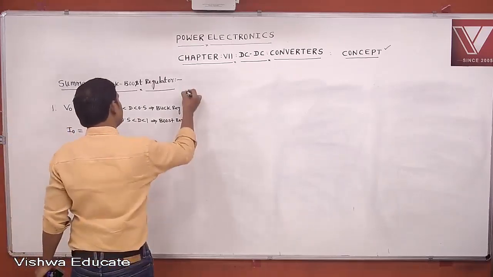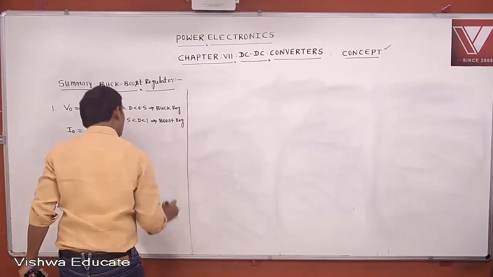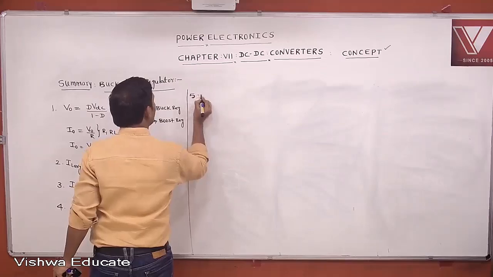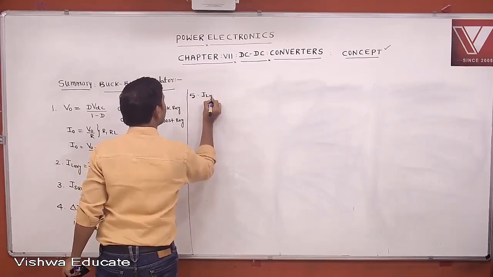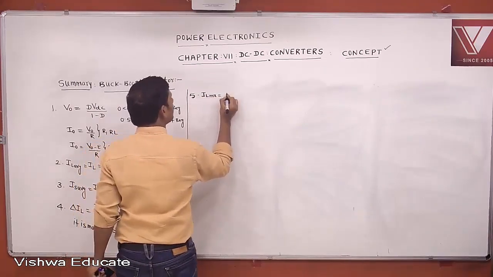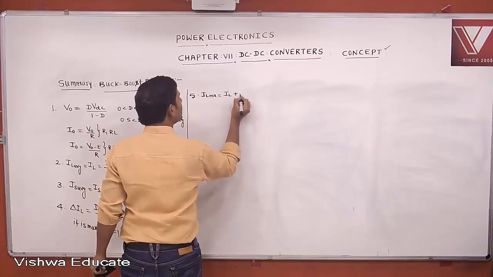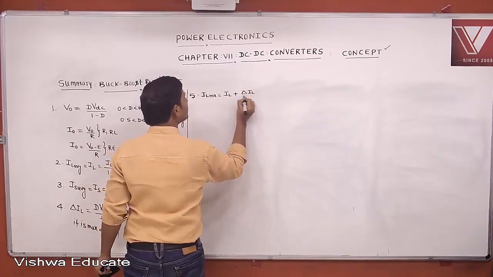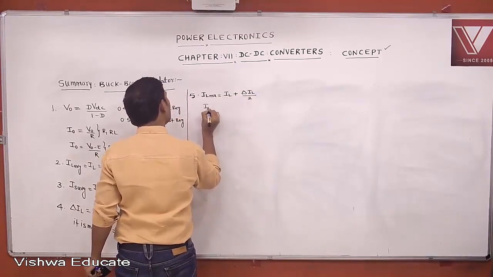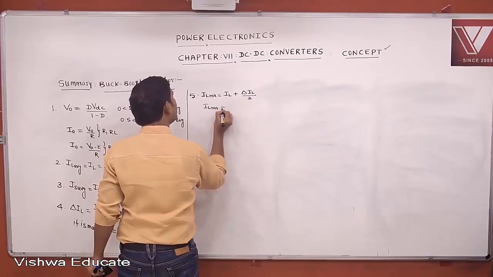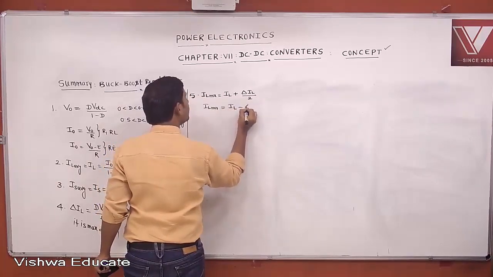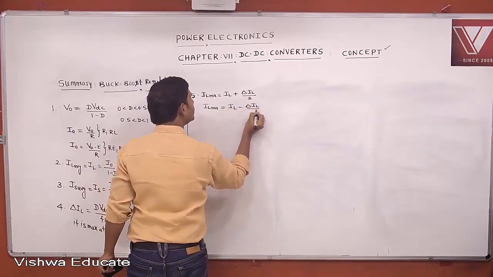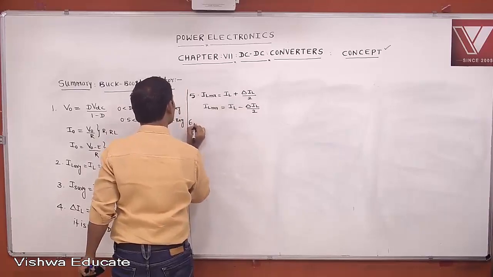Next, fifth one, what is IL max? IL max equals IL plus delta IL by 2. What is IL minima? IL minima equals IL minus delta IL by 2. Sixth one,